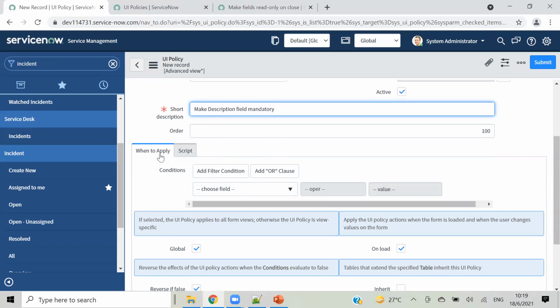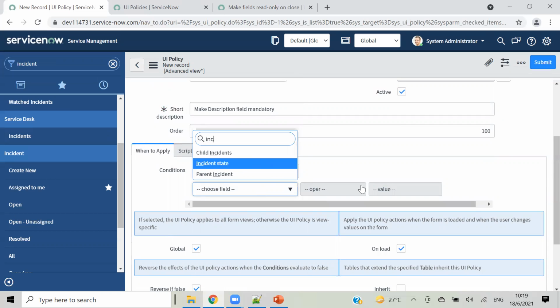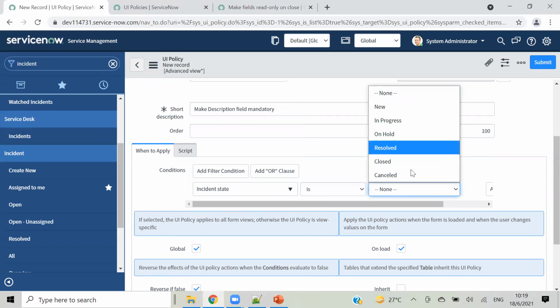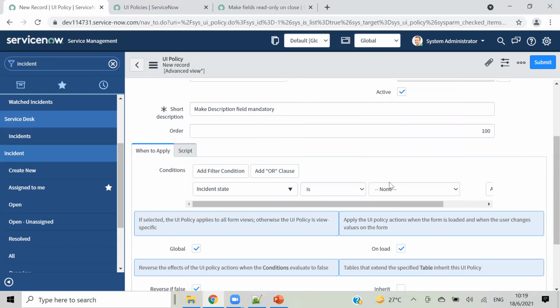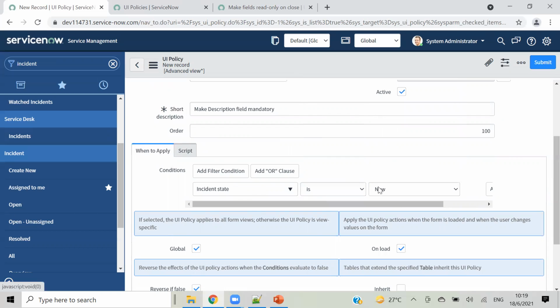Like we can see when to apply that condition. For example, when incident state is something, we can apply based on that. So for example, I will apply when incident state is new, and only in this state description should be mandatory. In other states it should not be mandatory, so I am giving this condition.